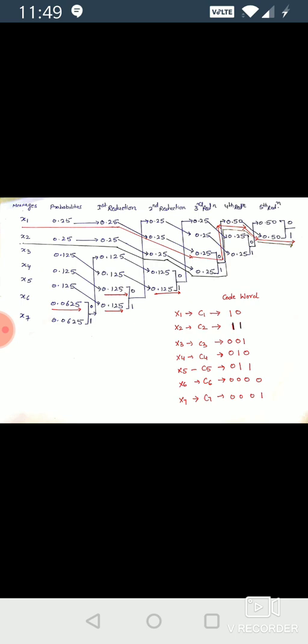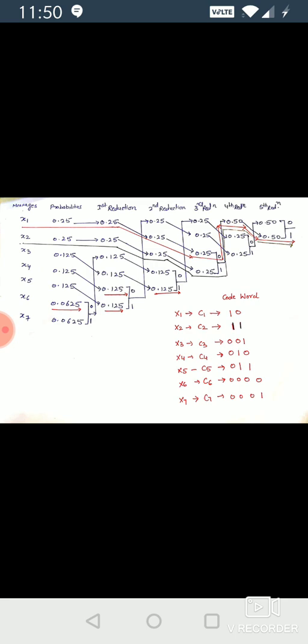In third reduction we have assigned this 1 symbol to this 0.25, and hence the next symbol for this code C2 is equal to 1, and after this there is no symbol assigned to this message x2, and hence the code word assigned to this message x2, that is equal to C2, will be equal to 1 1.